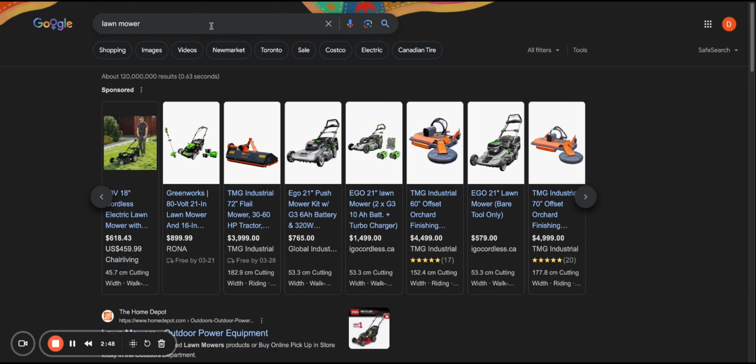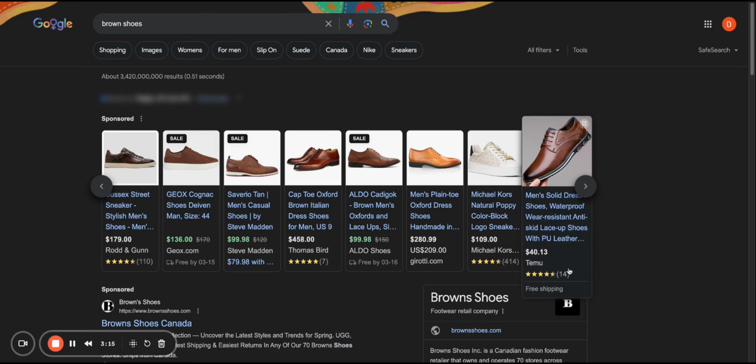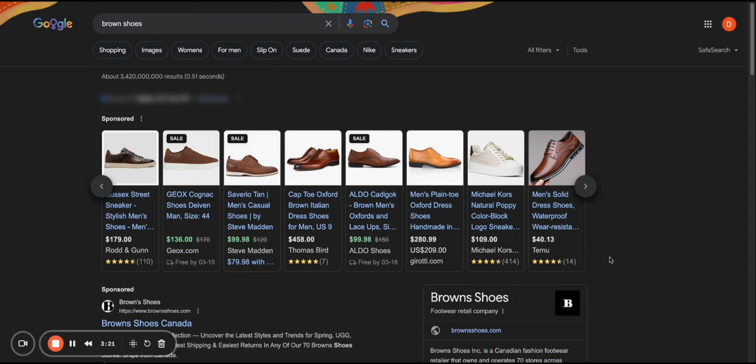Okay, and I wanted to show one more example. In this example, I searched brown shoes. Now I wasn't looking for the actual company, but there's a company for that. I more so just wanted to look at the different results that we have, okay? And again, there's one that relatively stands out, which would be this image by Temu. They have a significantly lower price point and it's a different quality of product. But strictly if we're looking at the image of the product,